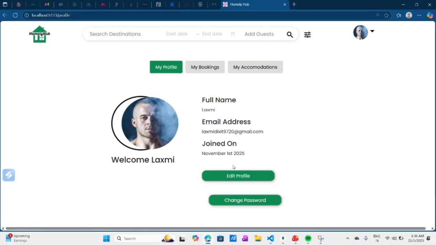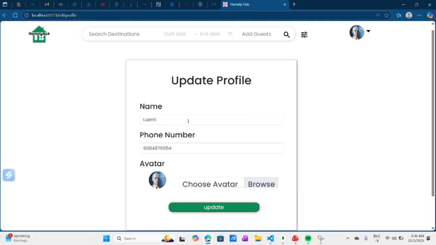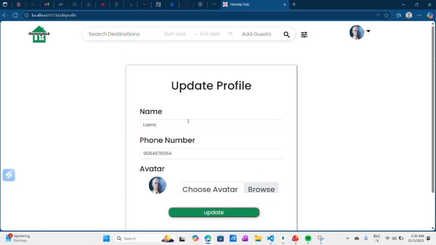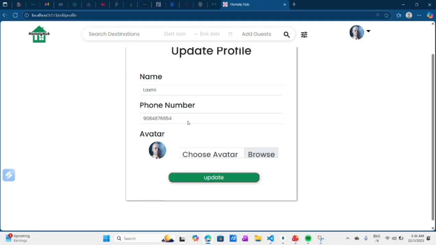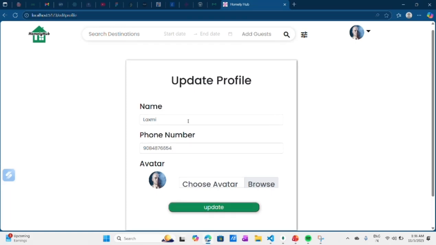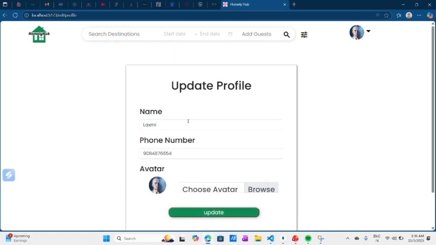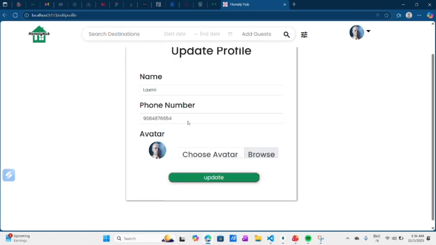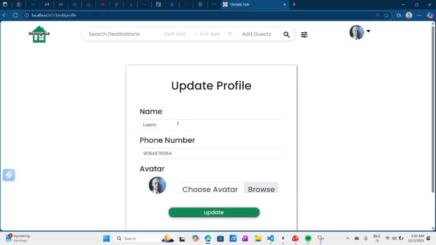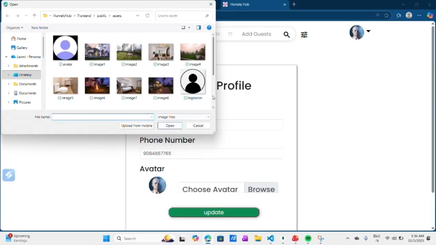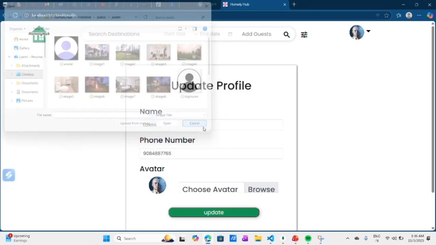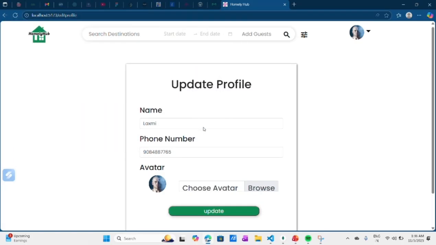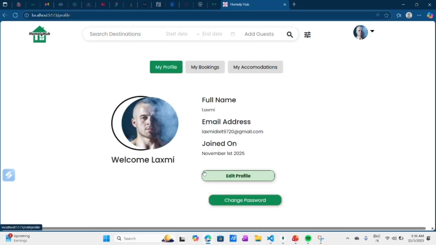If you click on edit profile, here comes an update profile form in which you can change your name and phone number. If you want to add a different image, you can browse an image by clicking on browse. And if you click on the update button, you can update the profile.